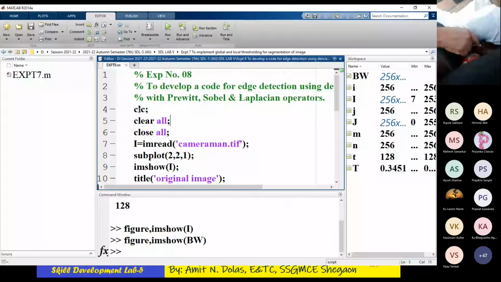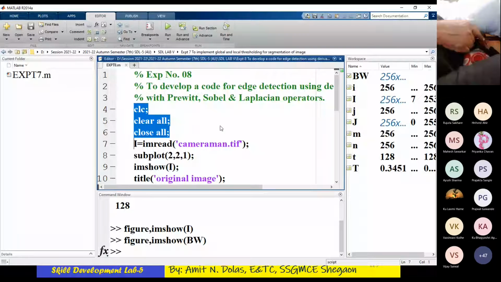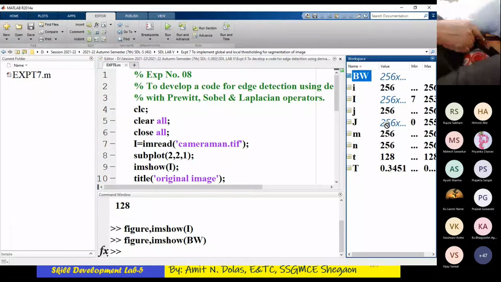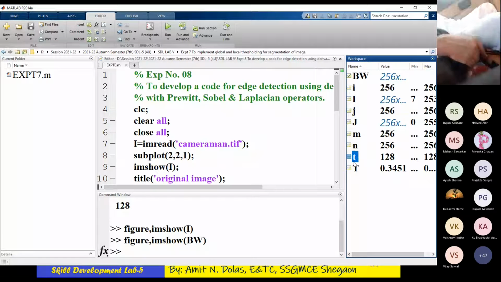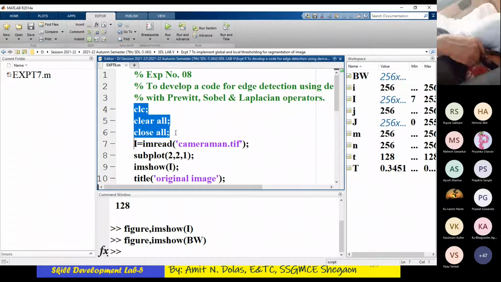These are the mandatory instructions that I always use in any of the programs, so that the previous workspace variables here, BW, I, J, M, T, whatever was created for thresholding, will automatically get cleared using this command. If certain output windows are unfortunately open, those are automatically closed.